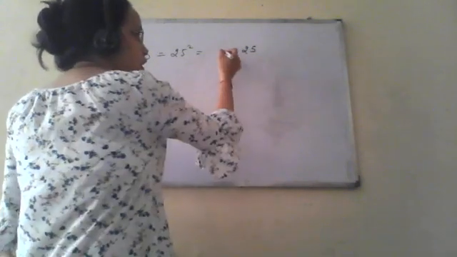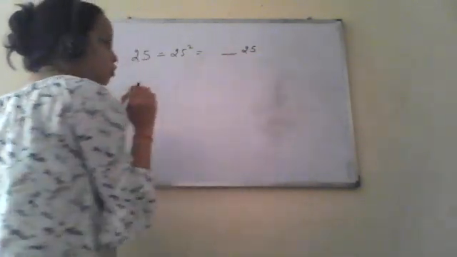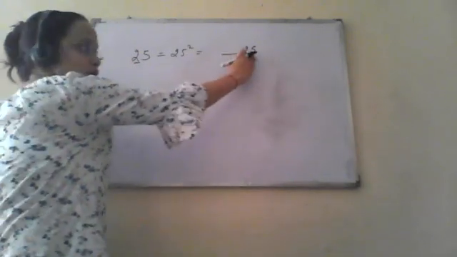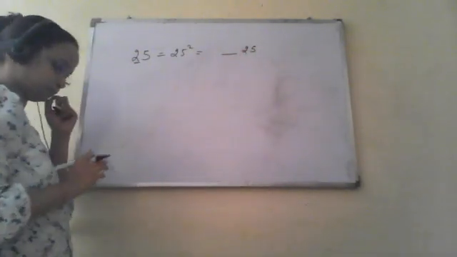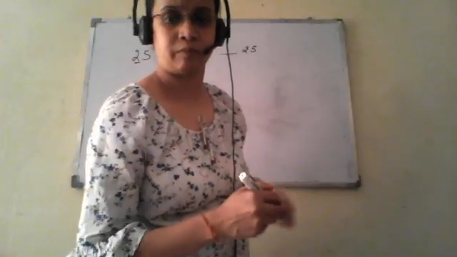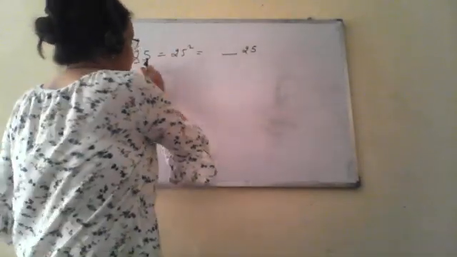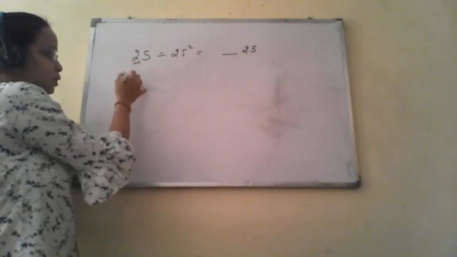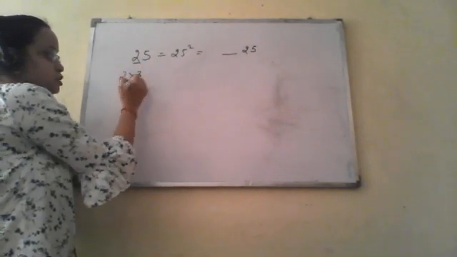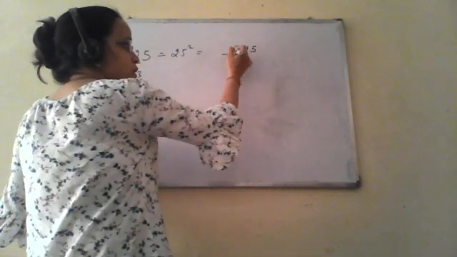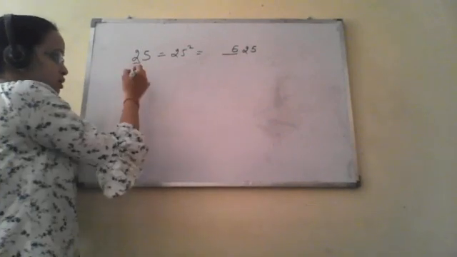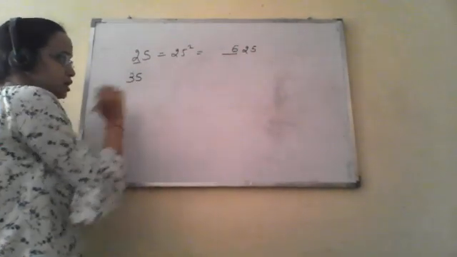Clear? Now, the number before that, what will be? Now this is 25, that is 5 square. We have written 25 at the end. So before that we are writing, this is 2. So we will multiply 2 into its next number, that is 3. So 2 into 3, this is 6. So we will write 6 over here. Okay.